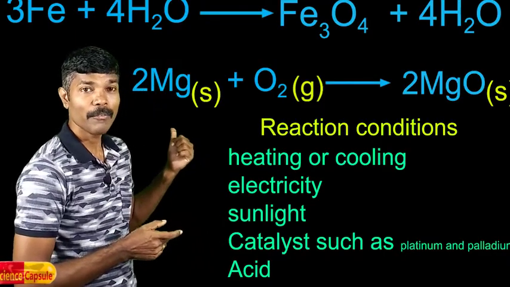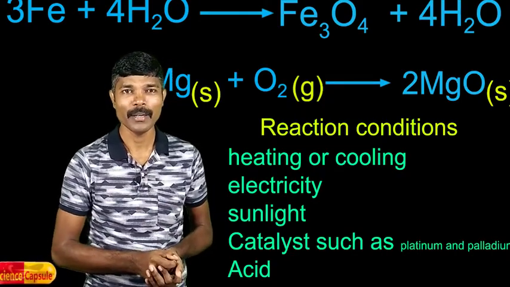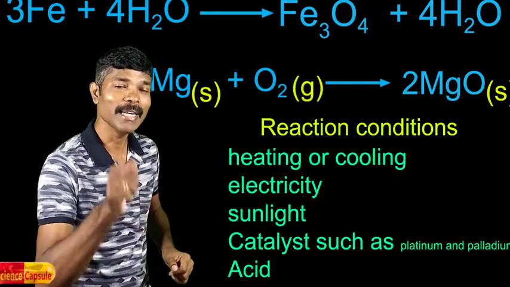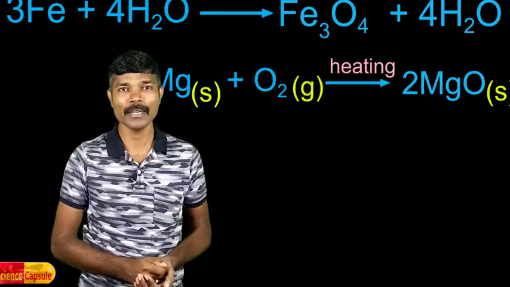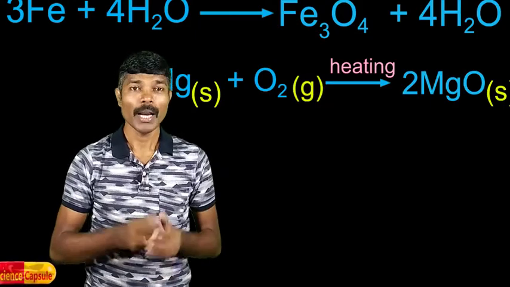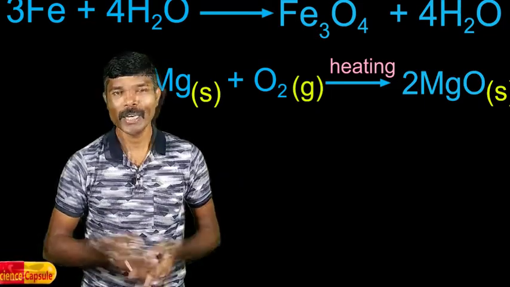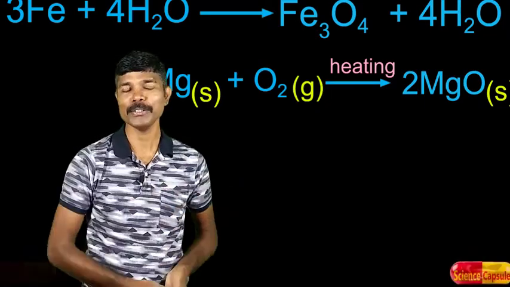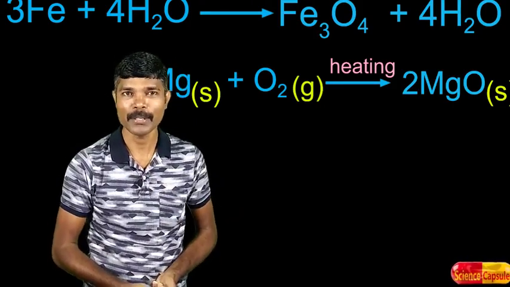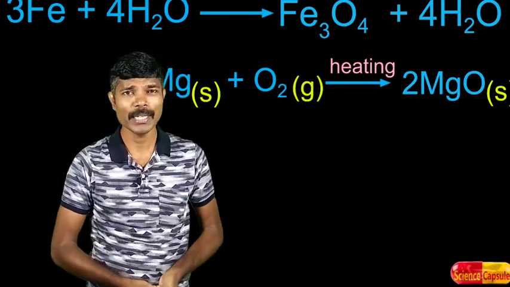Here in this case, we have heated magnesium ribbon. Here heat is involved. That condition needs to be written. So, magnesium plus oxygen gives magnesium oxide only when it is heated. So here heat has to be written. The reaction condition is always written over or below the arrow. A chemical equation should give all sorts of information about a chemical reaction. If our chemical equation fulfills all those things, we can say that the chemical equation we have written for a chemical reaction is complete. So now the chemical equation is complete. This way a chemical equation is balanced.